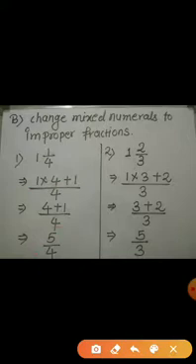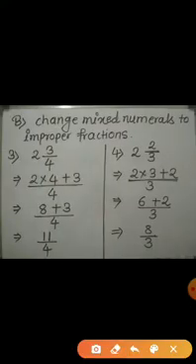Let's see the another example. Here the mixed numeral is 1 and 2 upon 3. Again to convert this mixed numeral to improper fraction, first we multiply the whole number and denominator. Now it's 1 into 3 plus then we add numerator to it. So I have added 2. Now 3 into 1 is 3 plus 2. Denominator will come as it is. Now 3 plus 2 become 5 and in the denominator we'll get 3 only. Hence the improper fraction is 5 upon 3.